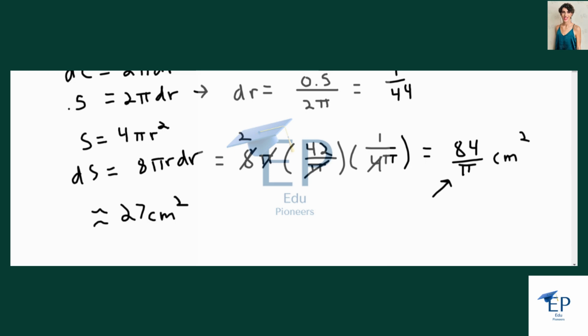All right, now if we want to find relative error, let me just reread this question. We want to use the differentials to estimate the maximum error in the calculated surface area. What is the relative error? Okay, so our maximum error is here. And then if we wanted to calculate our relative error,